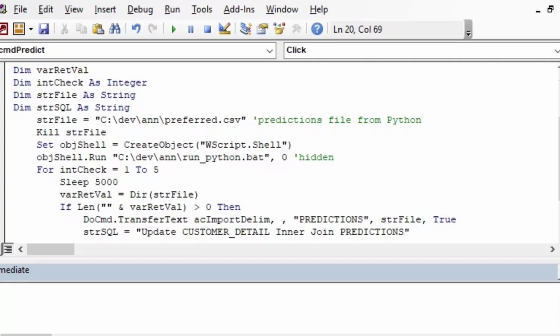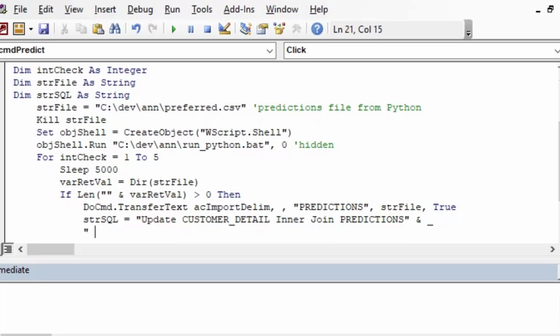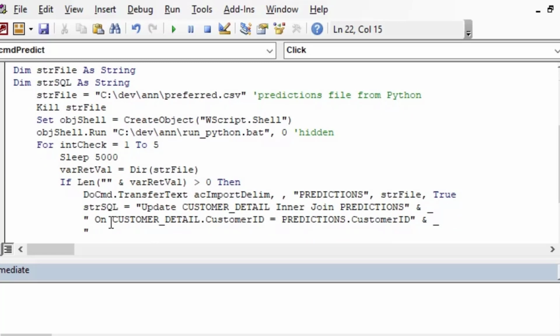And so I'll just do a quick update here. What we're going to do is update our production table using the customer ID field. So we're going to say update customer detail, and we're going to inner join our predictions table on customer ID equals customer ID. So we'll say customerdetail.customerID is equal to predictions.customerID, and that will be a very quick and efficient update of our production table